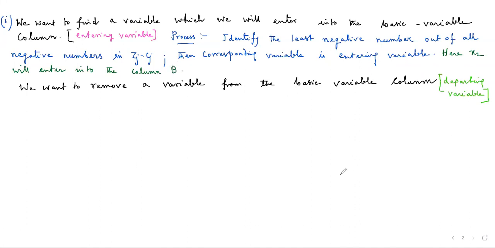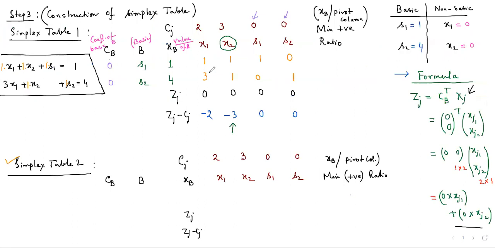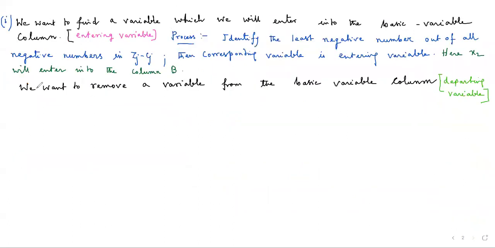Okay, no problem. x2 is ready to move into the next column, and in the next simplex table it is ready to move into the basic variable column, but all the positions are getting occupied by s1 and s2. So someone must leave some space for x2 to come. How to find out the departing variable then? The process is to find the departing variable,